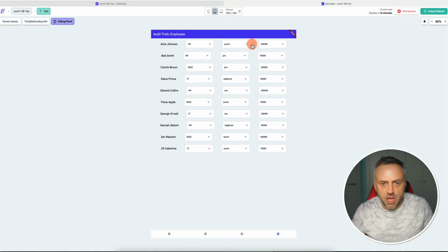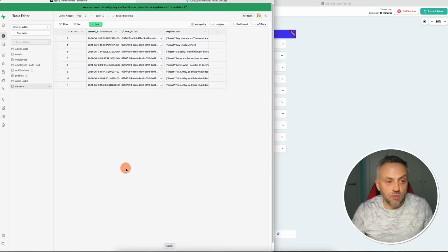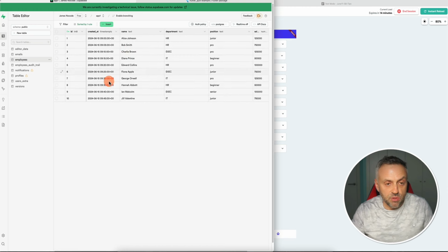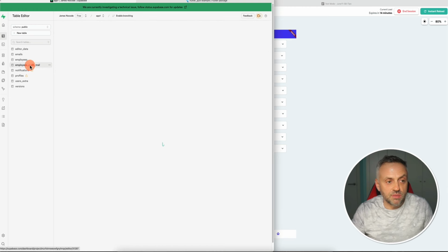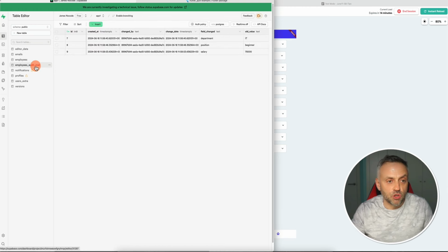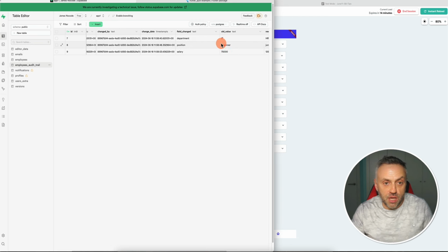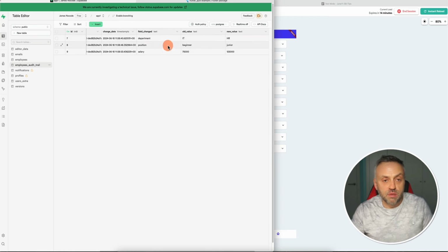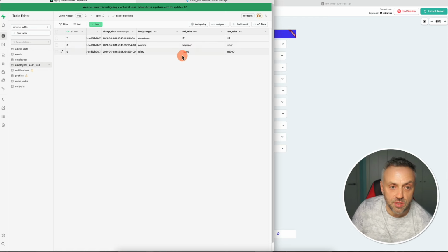So we just made a bunch of changes here, and these changes were tracked. So if we come back over here, we have employees here. This is our employees table, but we also have something called an employees audit trail. So if we open it up, as you can see, we have 3 rows, and these are the 3 changes. Okay, so it says here field change department from IT to HR, position beginner to junior, salary